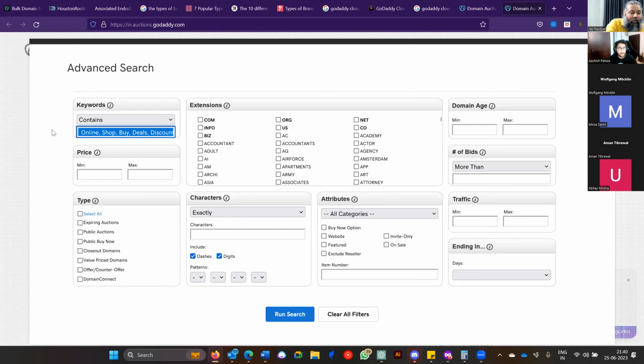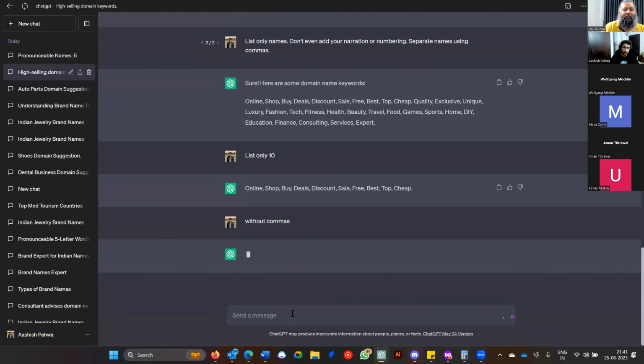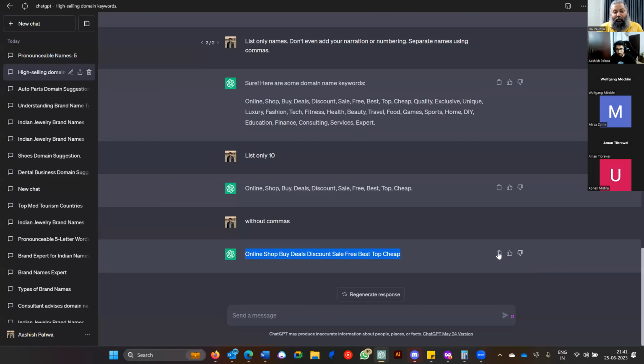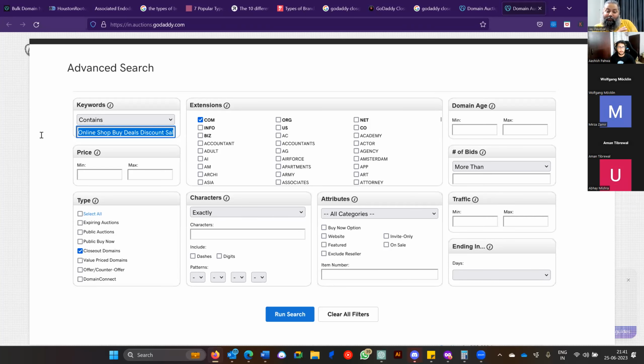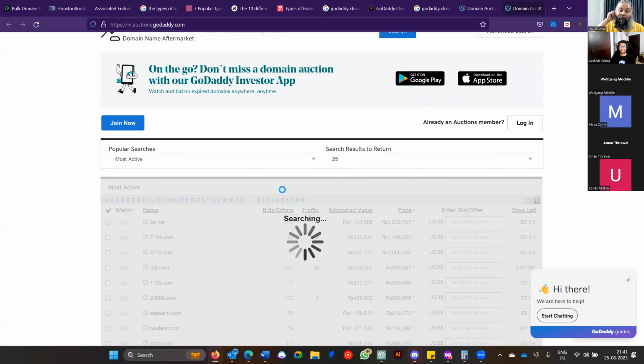Wait, yes, type choose close out domains, where is it? Close out domains and choose .com, include dashes and digit हटा दो। अच्छा, okay, Aman is saying without comma, उससे without comma मांगो चैट जीपीटी, give me space separated, चलो ठीक है, और without comma। सिर्फ without comma कहा, वो इतना डर गया कि उसने चुपचाप से 1 सेकंड में काम करके दिया। पूरी लाइन भी नहीं बोली कि give me, please give me,